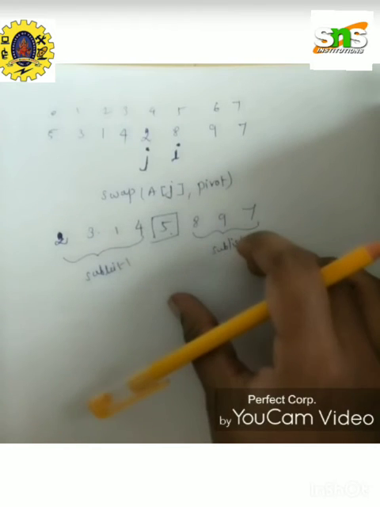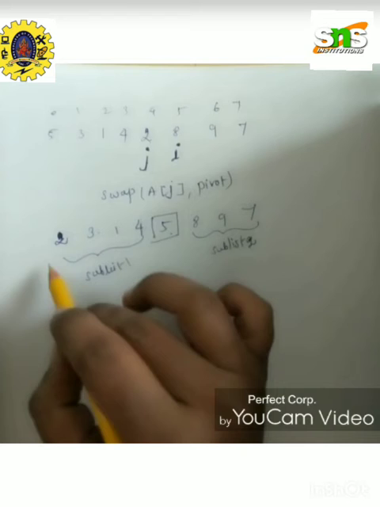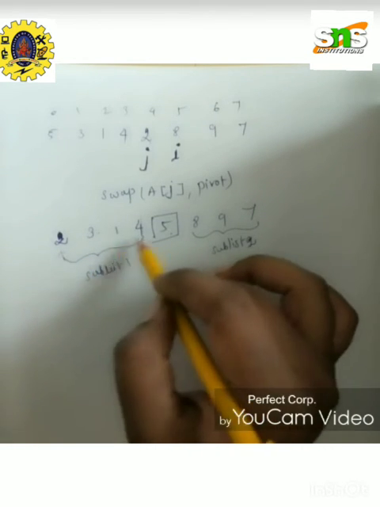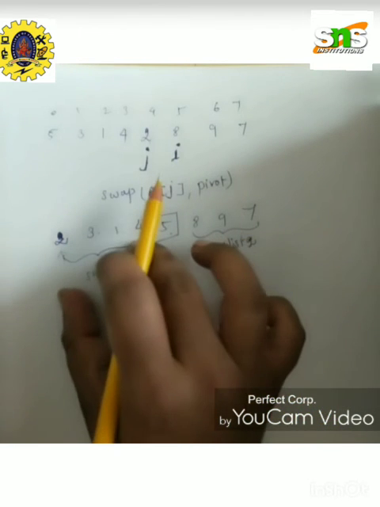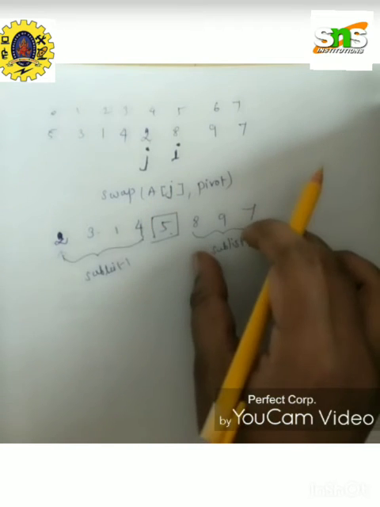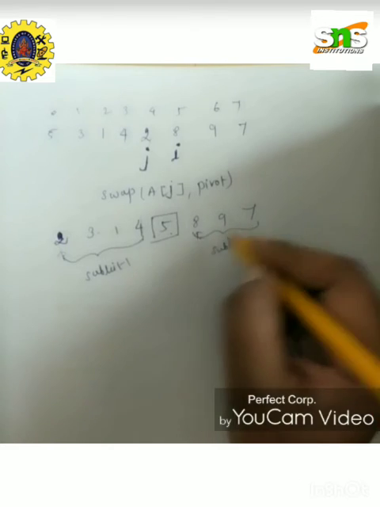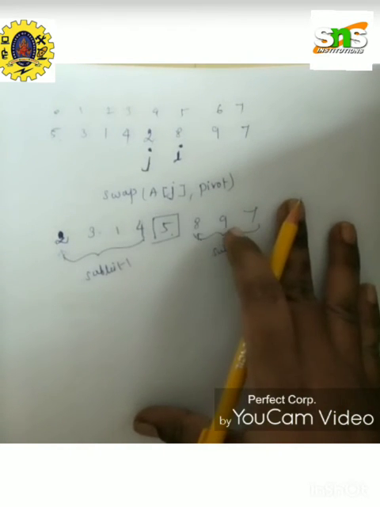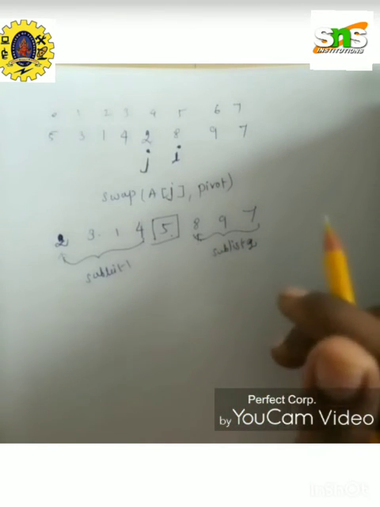Whatever we did this time will be applied again. We can take it as a separate list and choose the first element as pivot, and do the same process, take this value i and this value j, then do the same process. Again you can get sorted. Until you get a sorted list, you repeat the process. So here also this will be taken as a pivot element with i and j values and compared. The same process will be continued. This is the logic of quicksort. Okay, next.